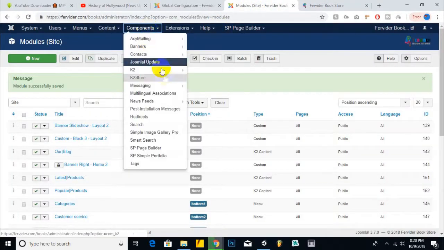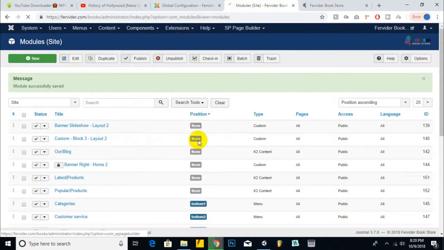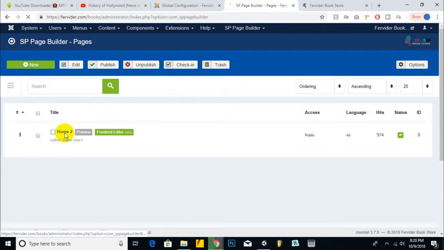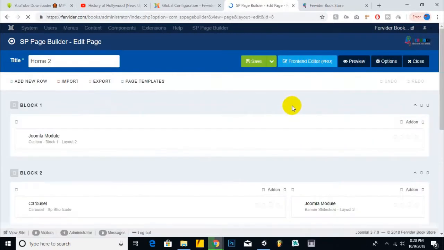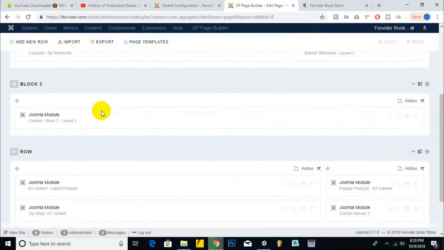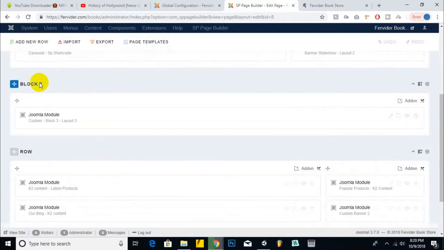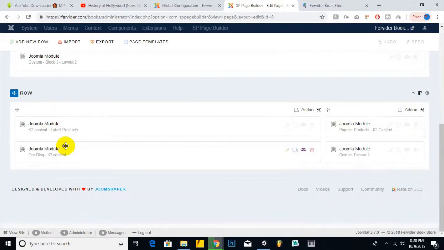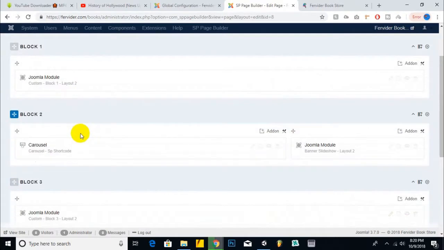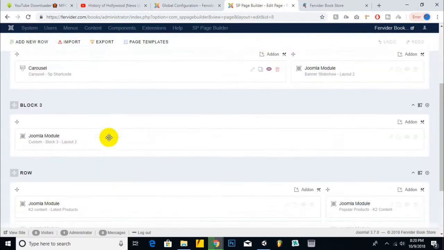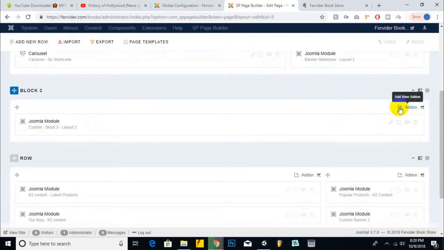So we have SP Page Builder in our case for the home menu and home two style. In your case you can do it according to your website. So here is one block 3, and in block 3 there is a Joomla module after the carousel and here. So we can add one add-on here,